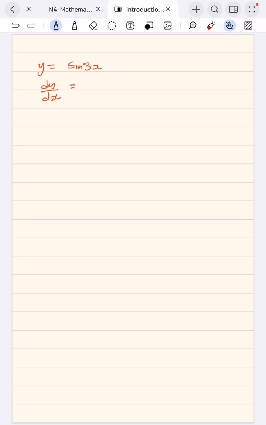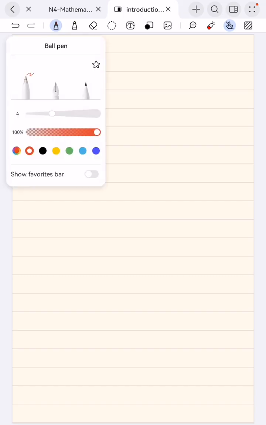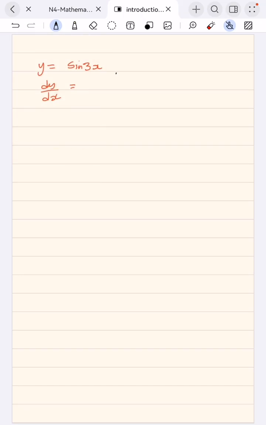The differentiation of sine 3x, I think I should be using a black color now. I'm no longer on the formula sheet. We know the differentiation of sine is cos from the formula sheet. Then, this is what I was telling you. They never show you that multiply by the differentiation of x at the end, because the number here is no longer 1x, it's 3x, so you must multiply by that 3. So people who already know how to do this, they know that they can just write the answer straight as 3 cos 3x,